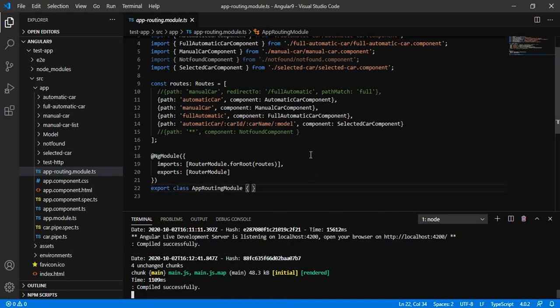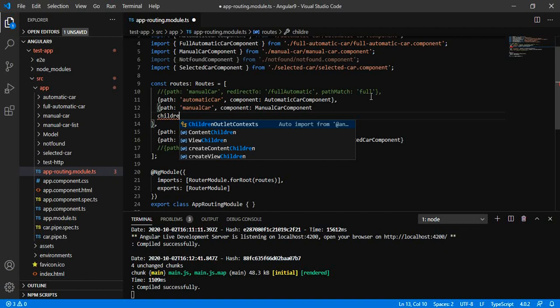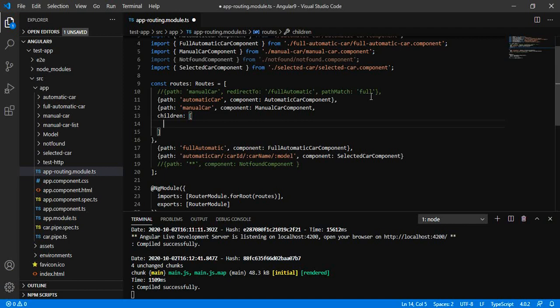Now let us try to add inside the manual car route, just like we add the path with the help of brackets, path and the component, the same way we will add the child route. Then a colon, then inside the brackets, just like you add the routes, you simply use children, which will again be the paths.